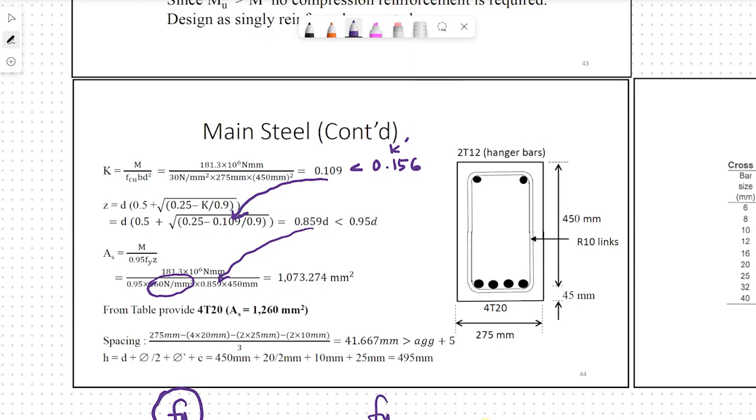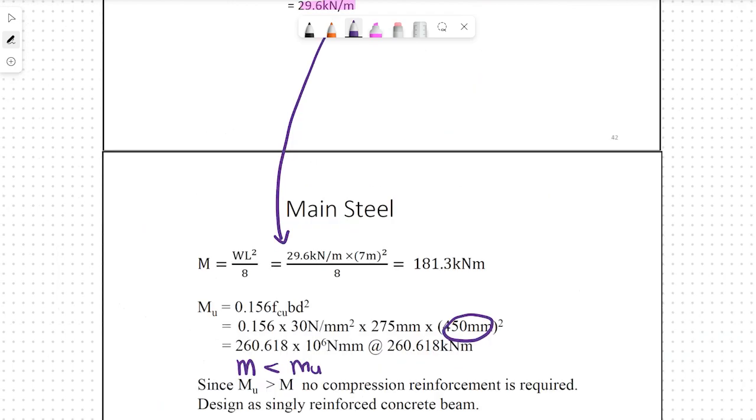Okay, kalau Fyv tu adalah strength of shear reinforcement ya. The value of the Z, okay, sebab kita ada 0.859 D. Therefore D 450 replace here and you get 1073.274. What we do next is we going to refer to the table, but first kita must see the question